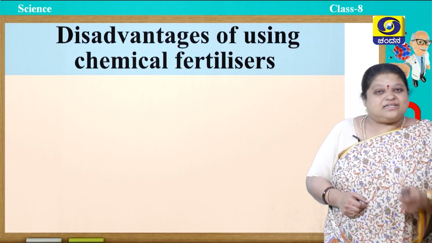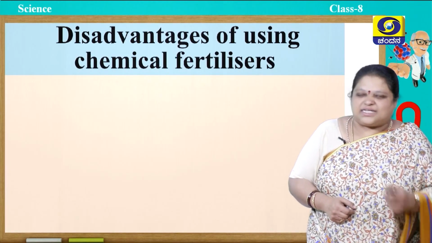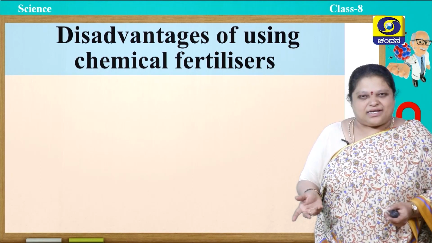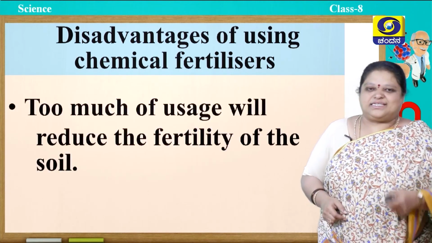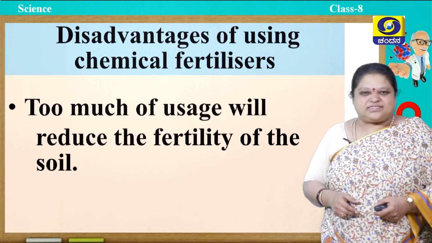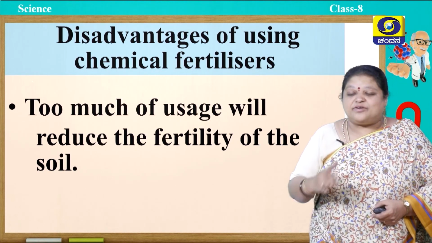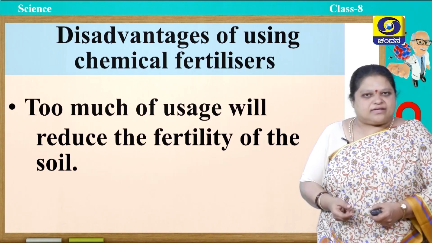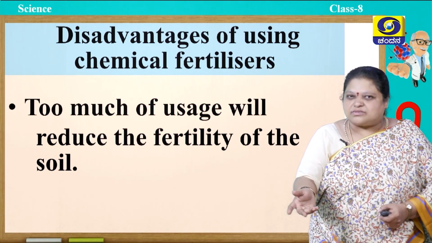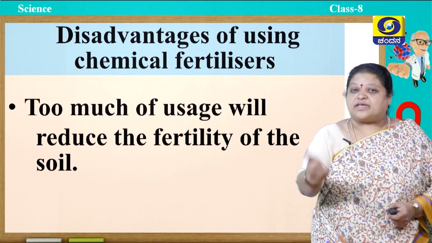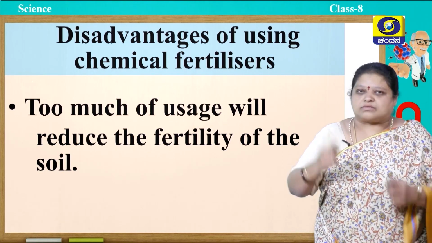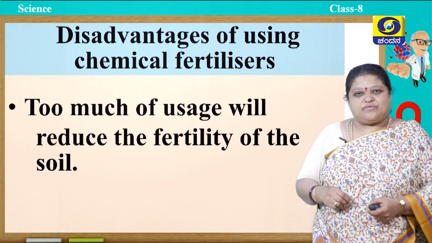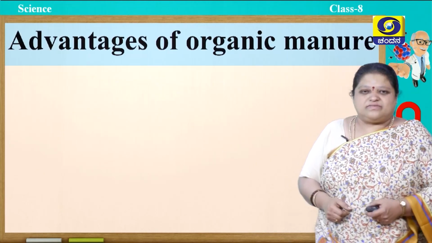The disadvantage of these chemical fertilizers is, though they help in the growth of the plants very rapidly, they have their own limitations. Let us see them. If you add too much of these chemical fertilizers, they will reduce the fertility of the soil. In the first crop, when you use it, the crop grows very well. Whereas, by the time you use it for the second crop, the quantity of the chemical fertilizer you have to use is more. And when the rain comes, the excess of these fertilizers will dissolve in rainwater and cause water pollution. This is one disadvantage.